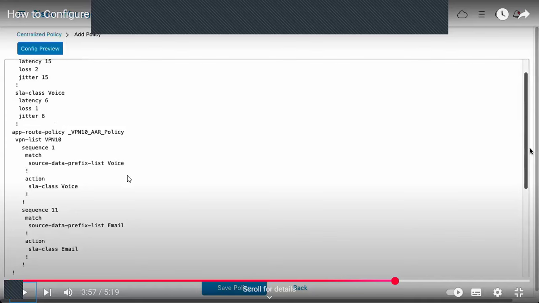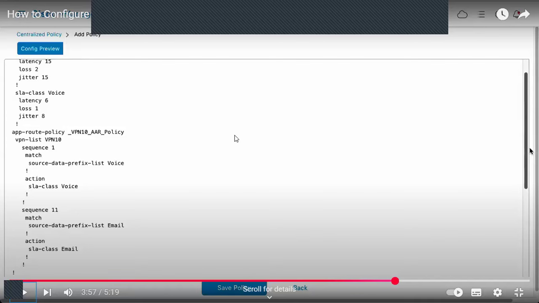So you can see how easy the policy creation is here. If we go to the traditional method, how many things do we need to do to create this policy? A lot. Here it is so simple to create the policy. Very easily you were able to create the group of interest, and you can call those groups of interest in multiple policies. It's not necessary that you call them only one time in one policy.